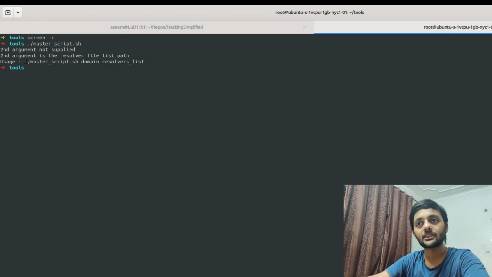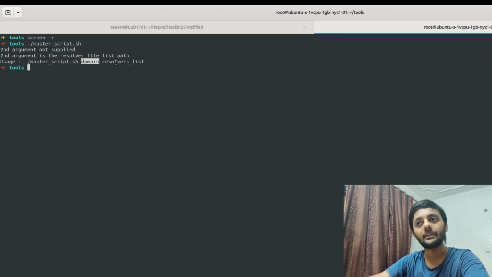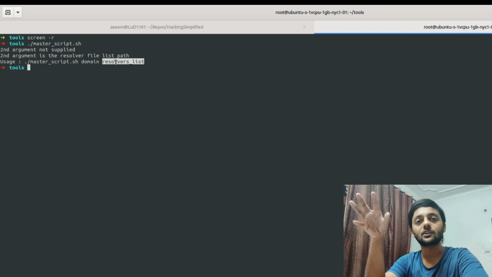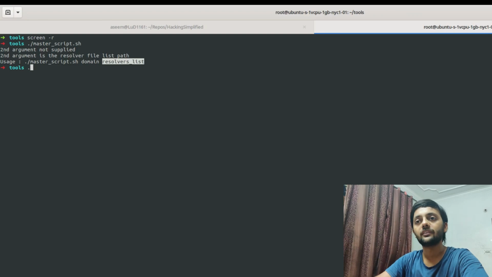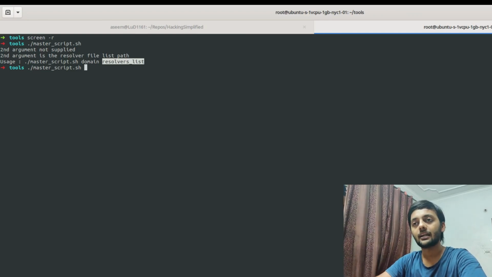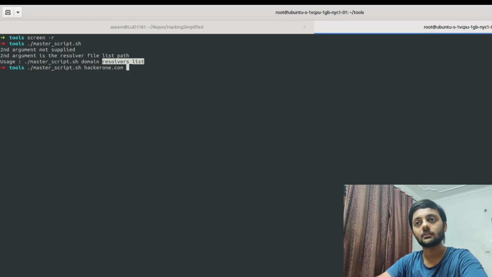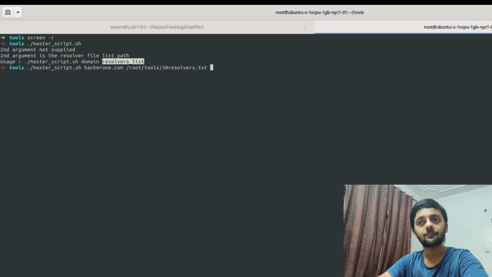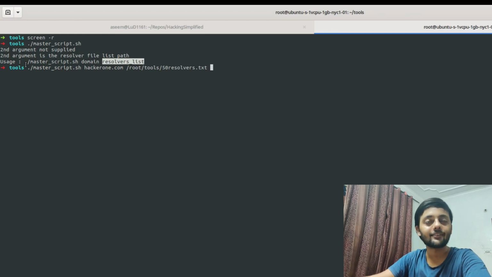So this is the usage: master script.sh, the domain, and the file path of the resolver file. If I am to run this master script, I would run hackerone.com and then the root tools 50 resolvers.txt. So this is the command that I would need to run.